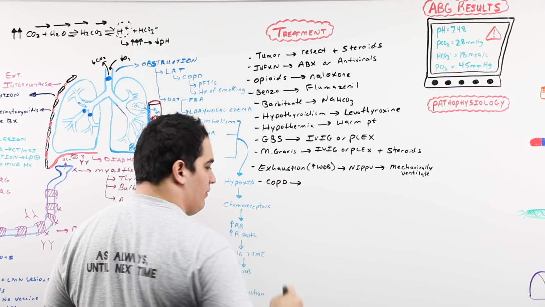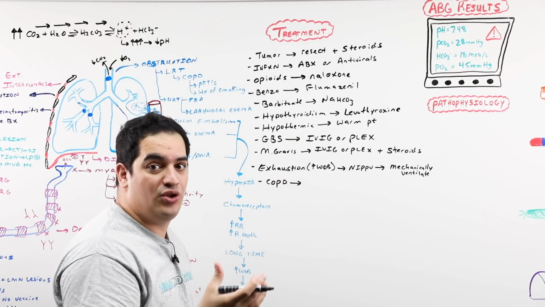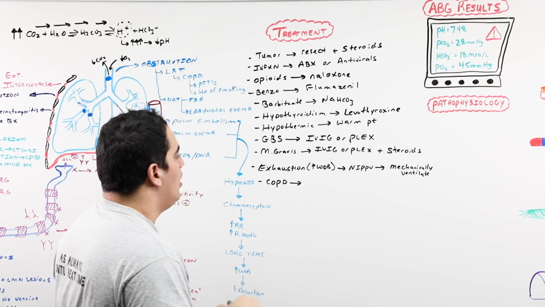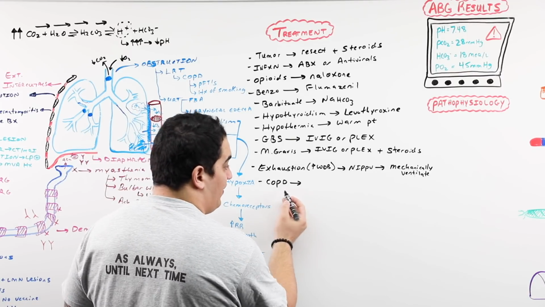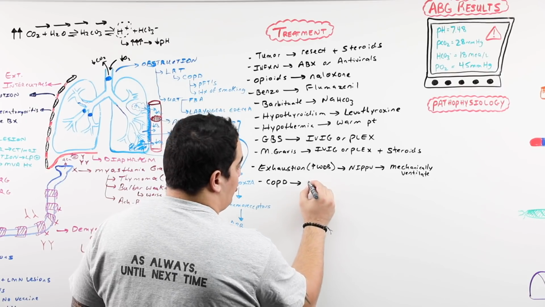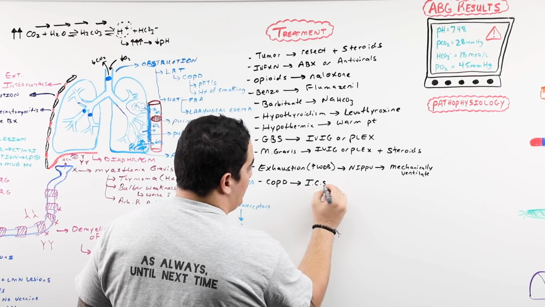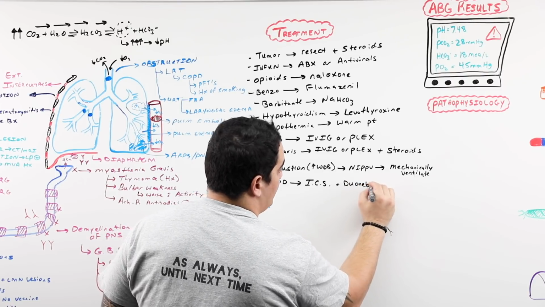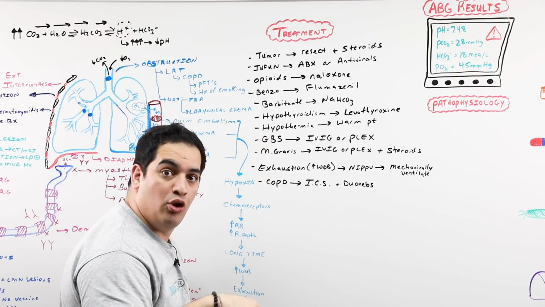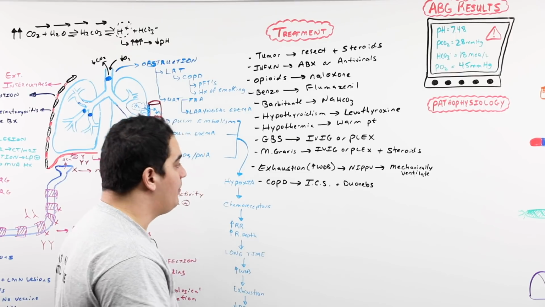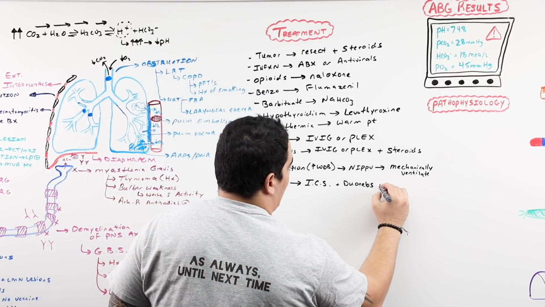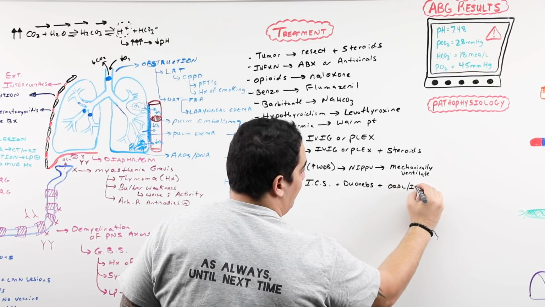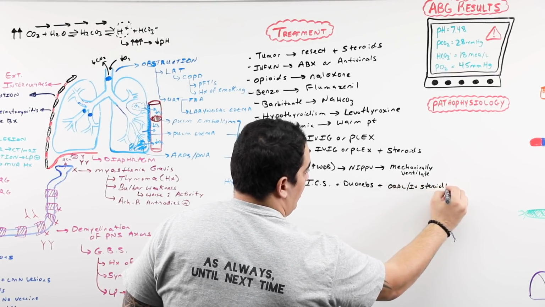You don't want to try to increase their oxygen saturations too much because they prefer to live at a lower oxygen saturation point anyway. But what we try to do with this is just control if they have an exacerbation. So you try this with inhaled corticosteroids. You even do something called duonebulation, right? So duonebs, where you give them ipratropium bromide and albuterol. And then the other thing is sometimes you may even have to do oral or IV steroids in an acute